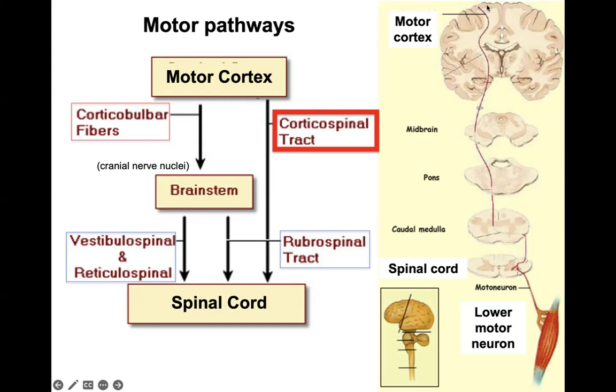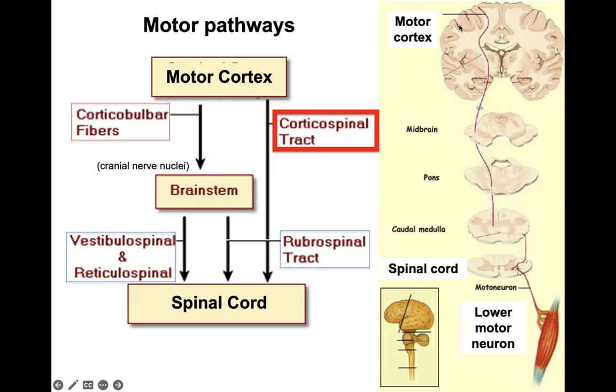And those areas will send the axon down to the spinal cord, right? And then from the spinal cord, these long motor neurons right here are the upper motor neurons, right? And from the spinal cord, you have another motor neurons, which is lower motor neurons, coming out and then control the target muscle, okay? So this is the major track for motor